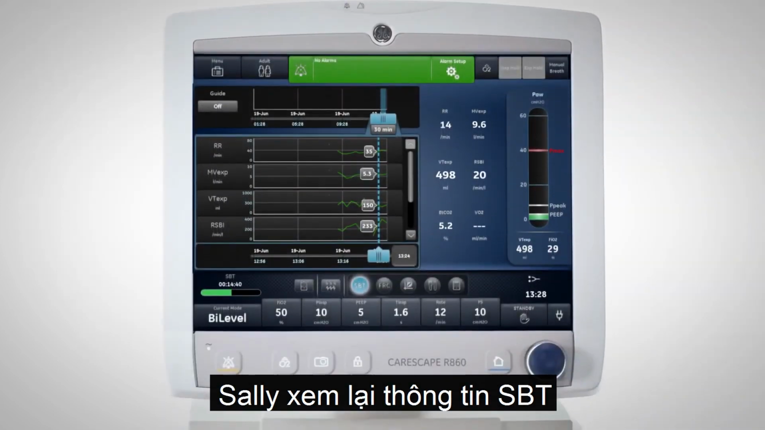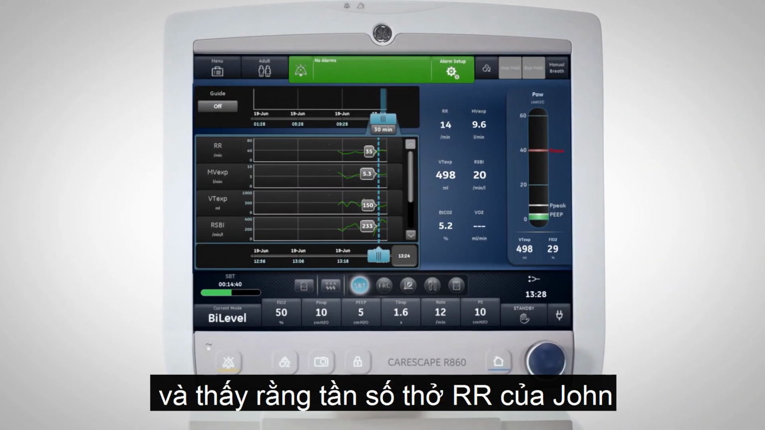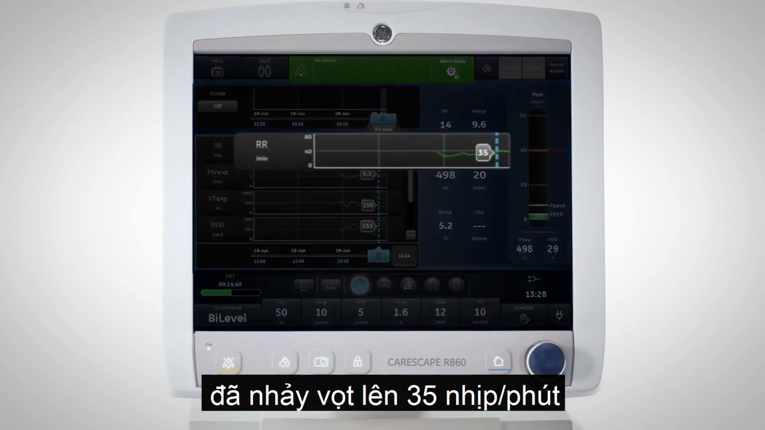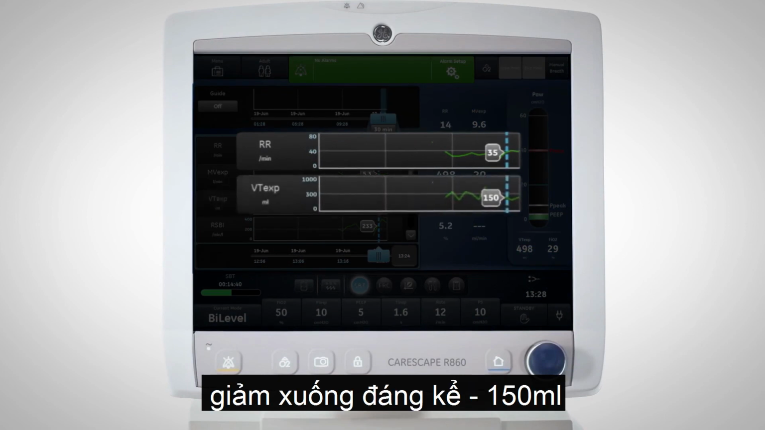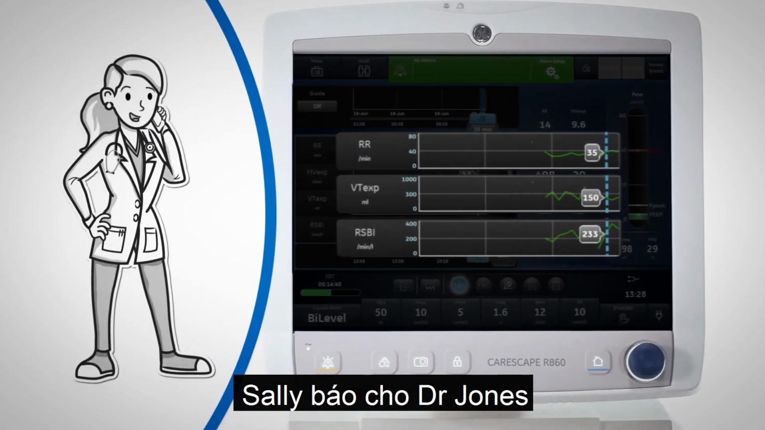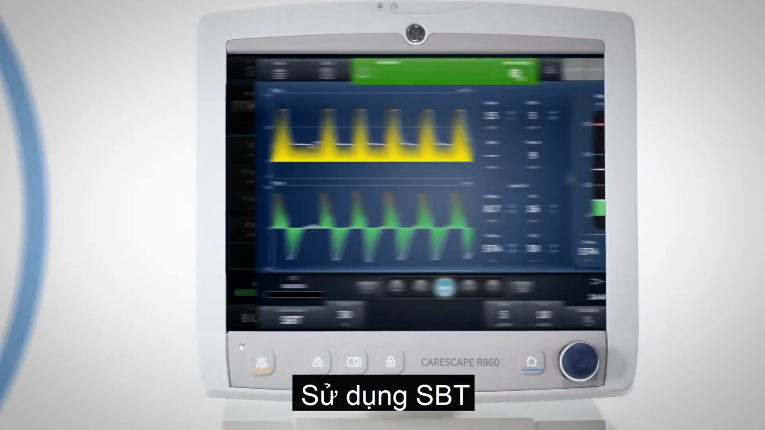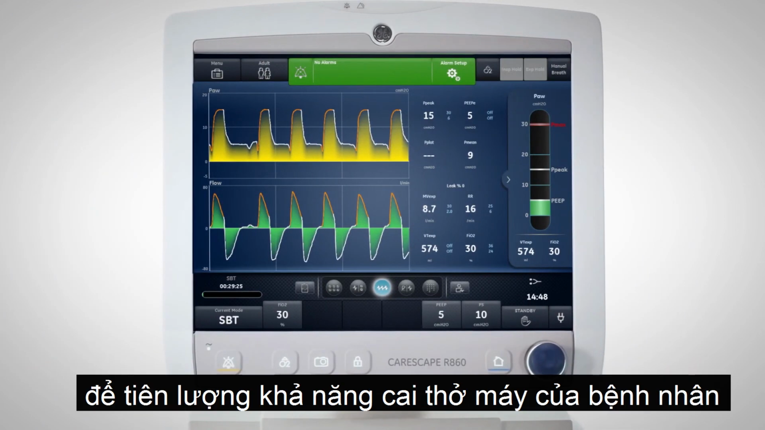Sally reviews the SBT view under the Clinical Decision Support tool and finds that John's respiratory rate jumped to 35 breaths per minute and his tidal volume significantly decreased to 150 milliliters, showing an RSBI of 233. Sally calls Dr. Jones to let him know the results of the breathing trial. Using a spontaneous breathing trial as a precursor to wean a patient off the ventilator is as easy as that